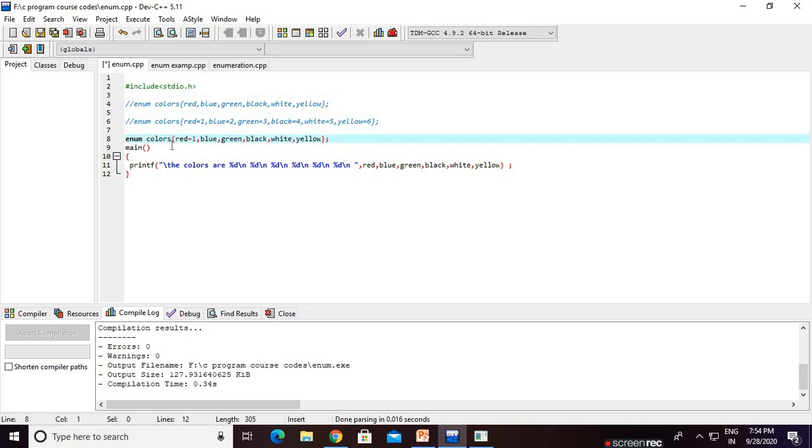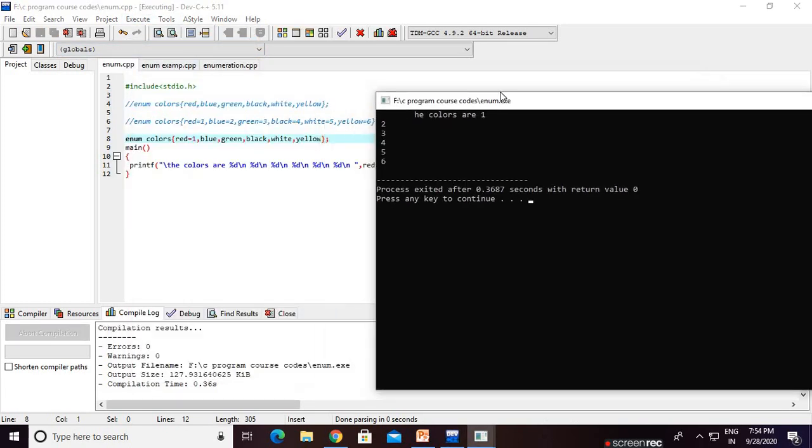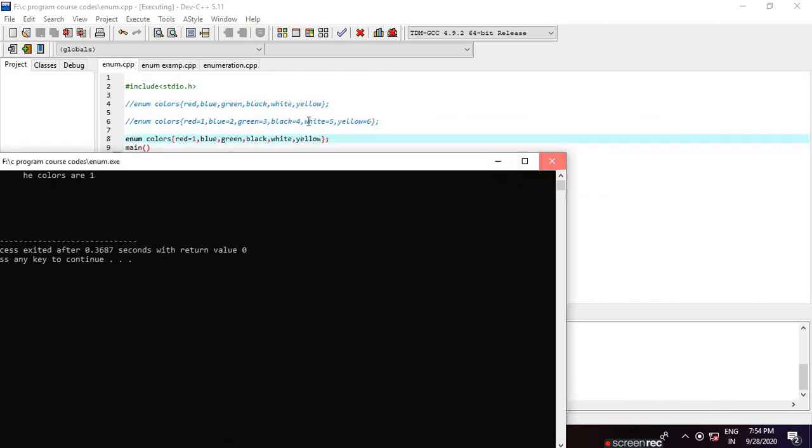Now this is our logic. Here we are assigning the red identifier as 1. If you do not declare the others, what value do they take? They just keep increasing. Red is assigned 1, so obviously it increases by 1. That means blue is 2, green is 3, black is 4, white is 5, yellow is 6. Right or wrong, we will check. Yes, yellow is 6, so 1, 2, 3, 4, 5, 6. That is basically the use of the enum